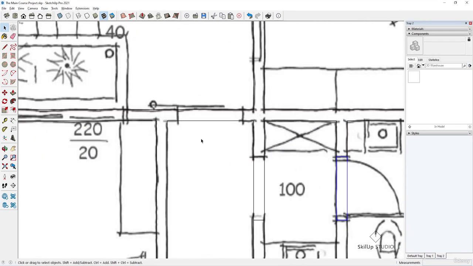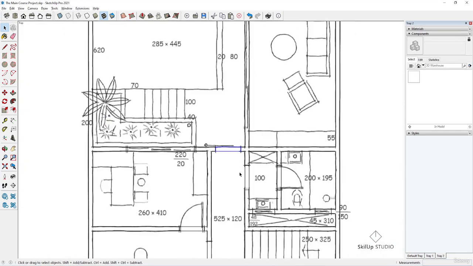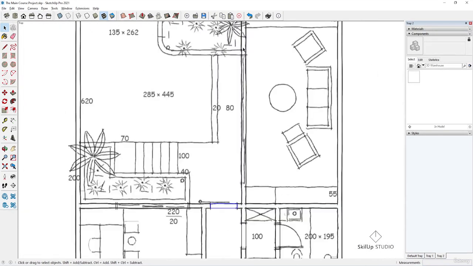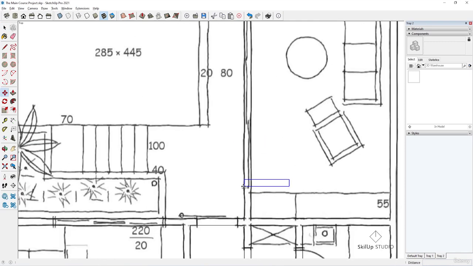Then the backyard door. Ctrl V and move it to the right 15 centimeters. And the width is 90 centimeters. Next is the door of the sitting area. Its width is 420 cm. Ctrl V, rotate from this point